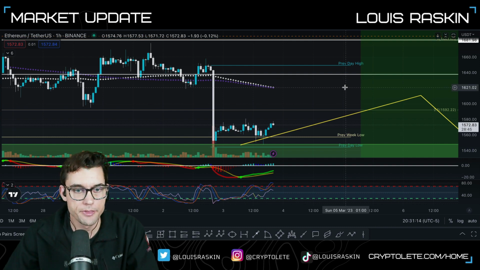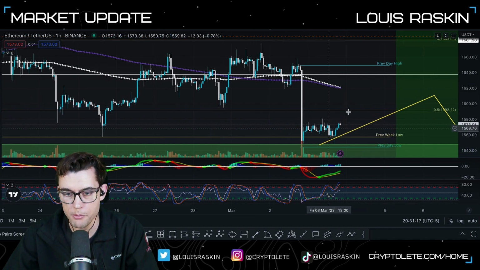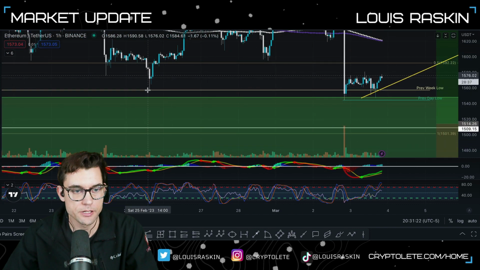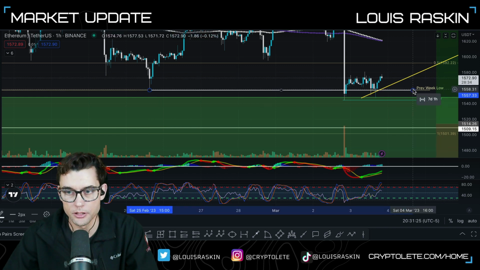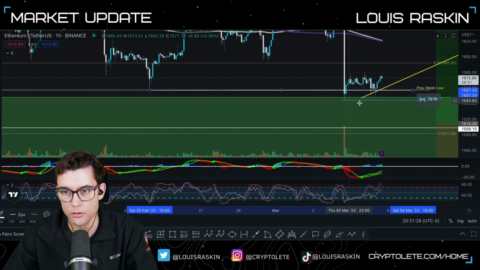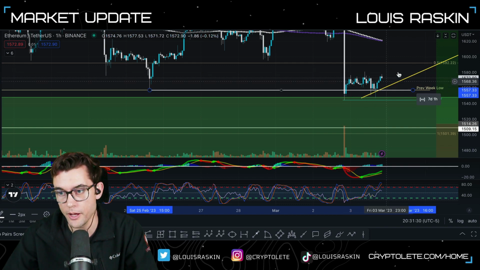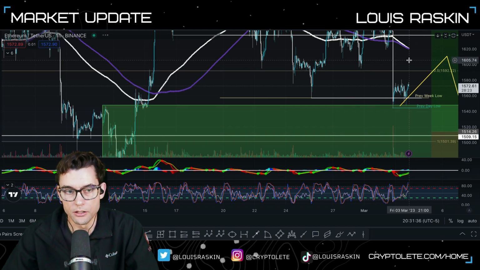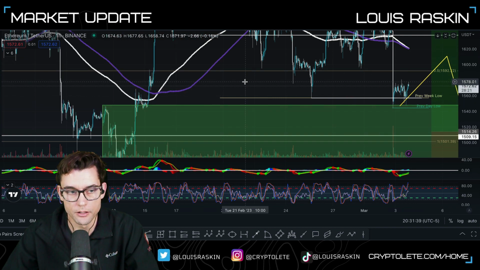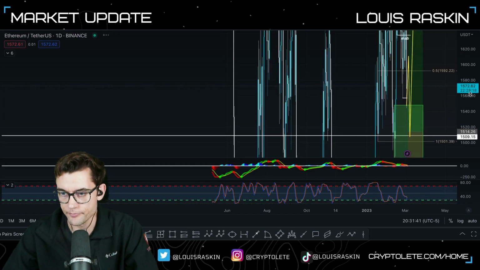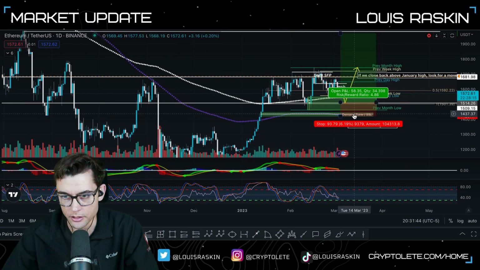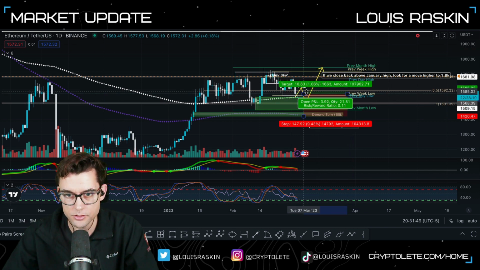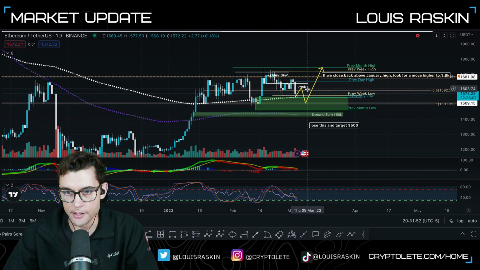So yeah, going back to Ethereum, we have that same huge drop, and I do like how it did basically suck up the liquidity right here underneath this low, and now it's holding this low fairly well. So if we were going to do the same trade on Ethereum that was on Bitcoin, we'd basically get in right now and then target over here, and et cetera, et cetera.